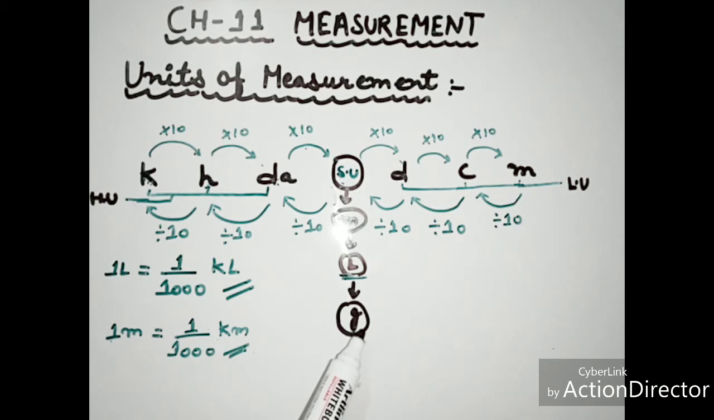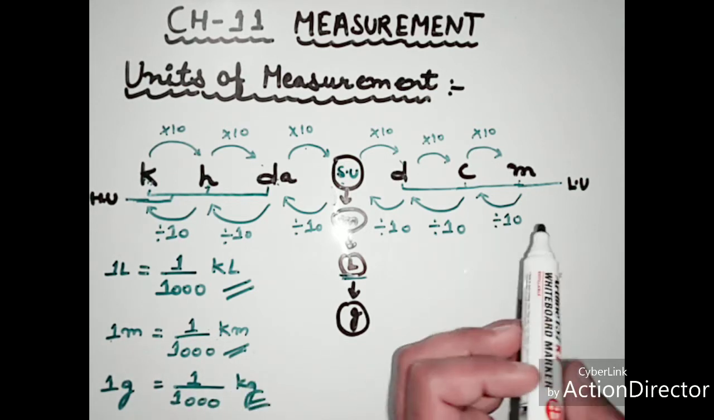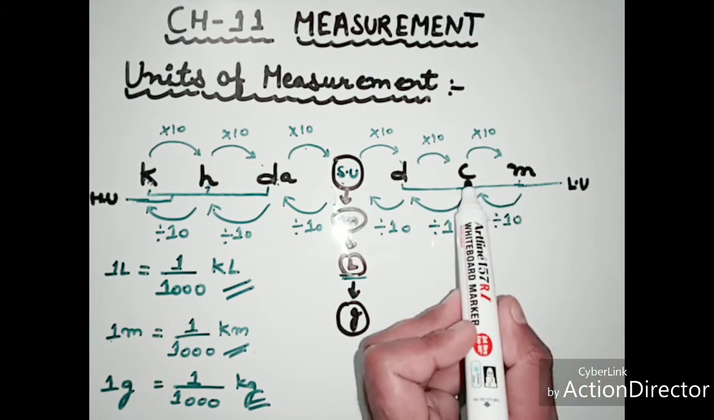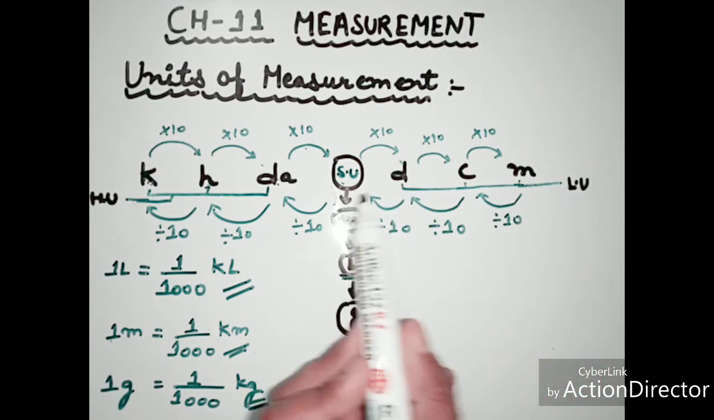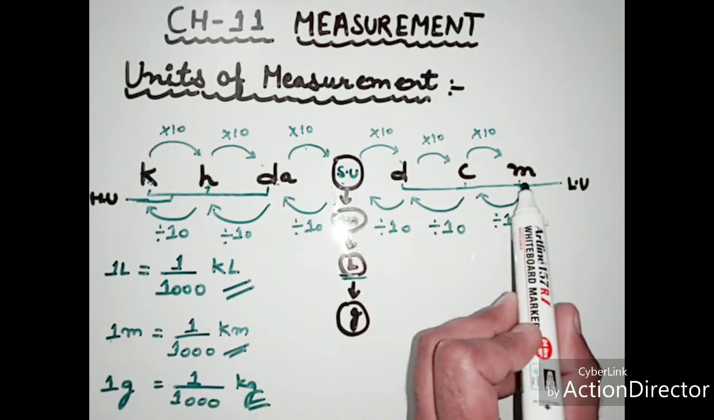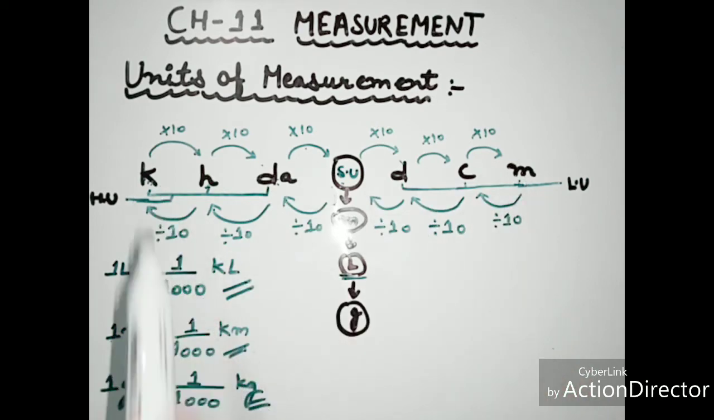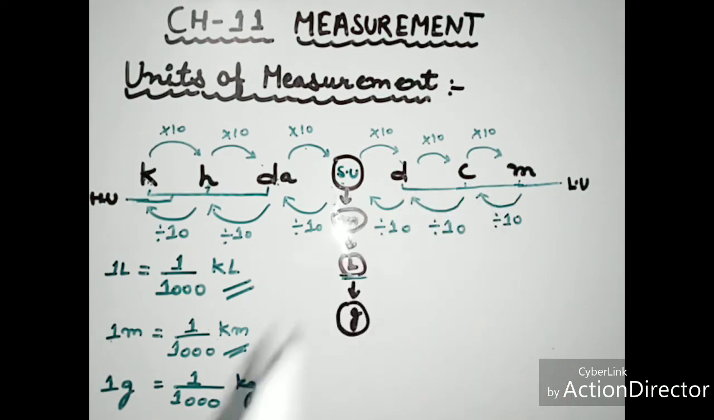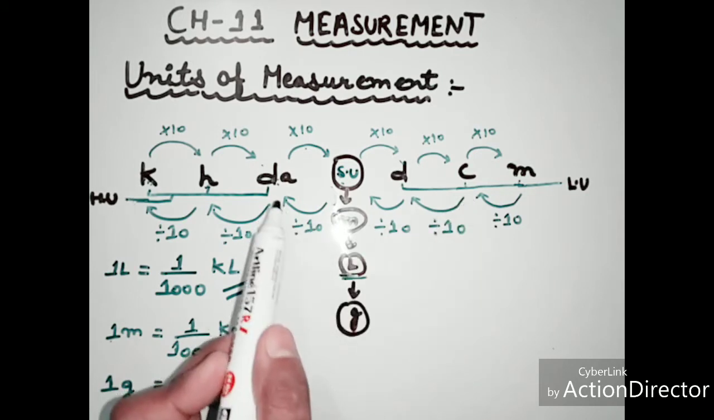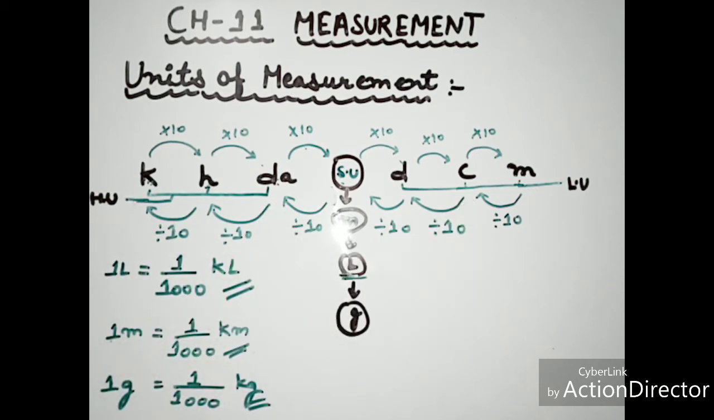And in gram, 1 gram equal to 1 upon 1000 kilogram, and other units also, millimeter to centimeter, millimeter to decimeter, millimeter to meter, and millimeter to decameter, millimeter to hectometer, and millimeter to kilometer. And same as with centimeter, centimeter to decimeter, centimeter to meter, and centimeter to decameter, and so on. Now here,